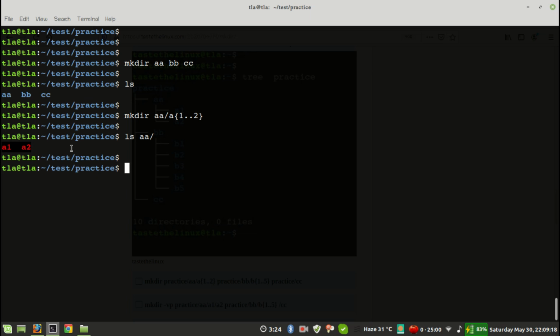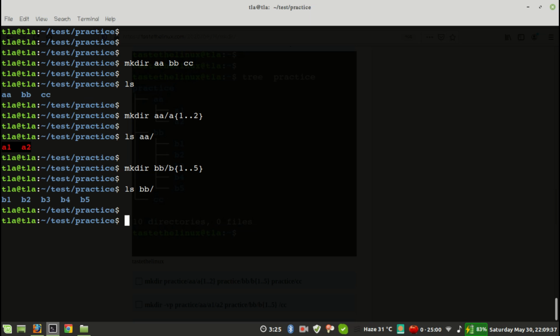Now in the BB folder we have to create B1, B2, B3, B4 and B5. For that, mkdir BB/B{1..5} and press enter. Let's check BB/, and as you can see we have created B1, B2, B3, B4, B5.